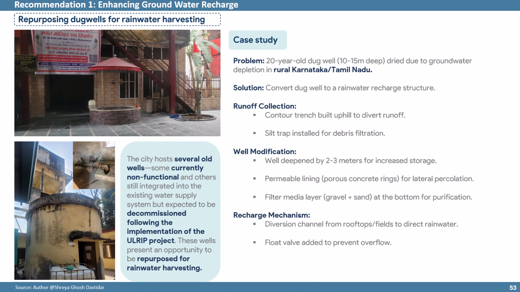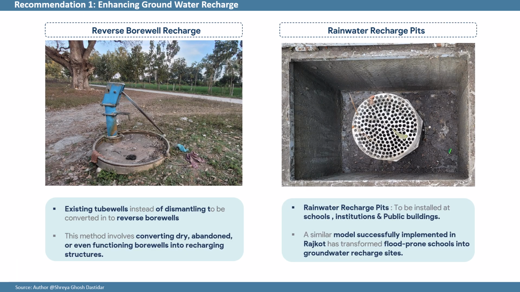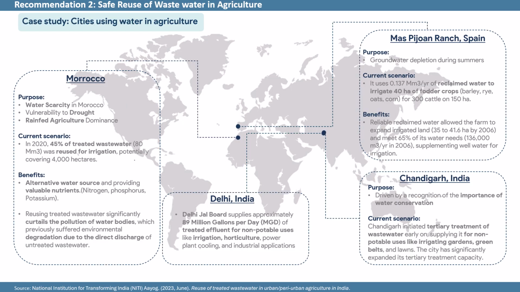Existing wells and bore wells can also be converted into recharge wells, indicating effective rainwater harvesting strategies. Installing recharge pits in public schools and institutions can further facilitate rainwater harvesting, a model which has successfully been implemented in Rajkot. As part of the second recommendation, which is on safe wastewater reuse in agriculture, numerous national and international